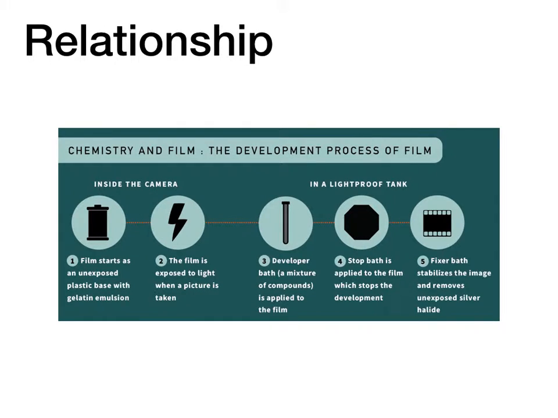Next, I will be exploring the visual potential of relationships. The visual potential of relationships is the potential to convey links between concepts. I exploited relationship potential by showing the steps in the film development process. The different parts shown highlight the relationship between all of the elements in developing film. This display shows the steps connected by lines to indicate that one state follows from the previous state and leads